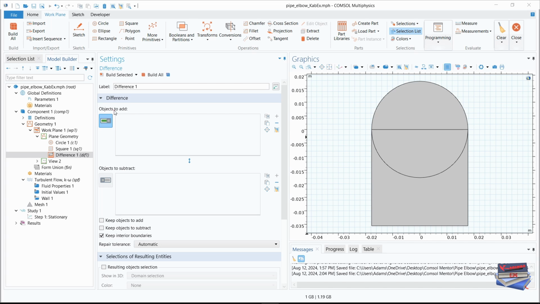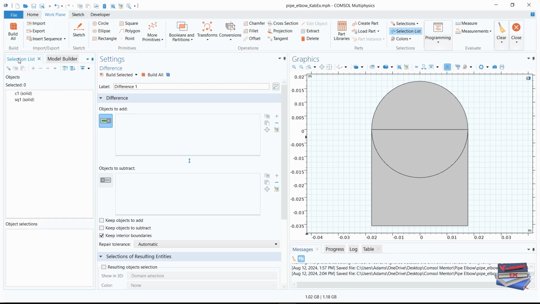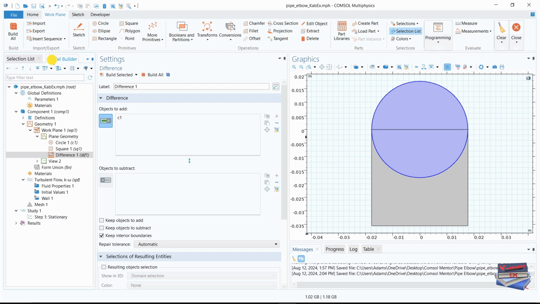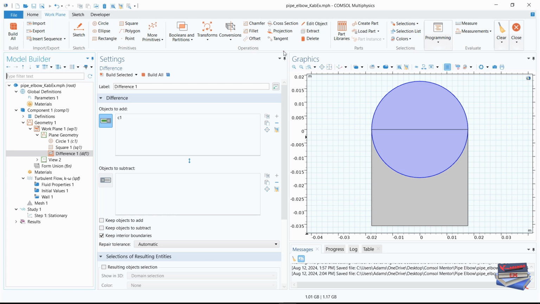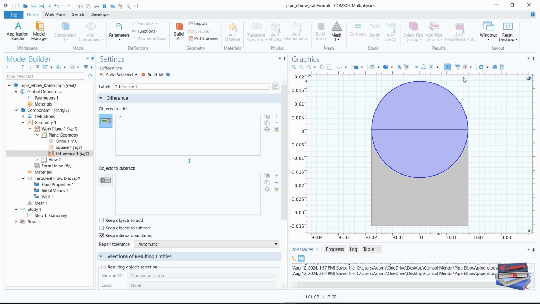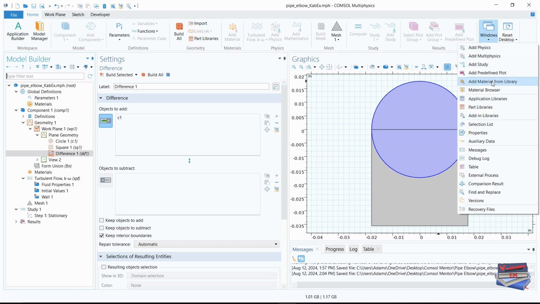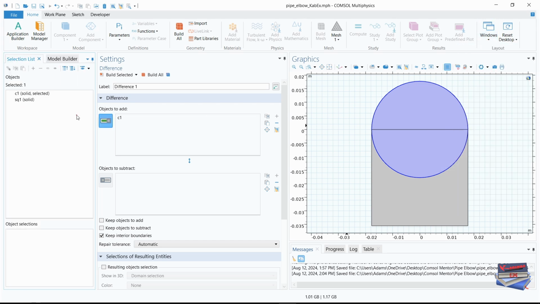Where we have objects to add, we can now go over to our selection list, and we can select C1, and let's click add. Go back to our model builder. Now if you wonder how I get this, I'm going to close it, exit out, and then go home. I'm going to go to Windows, and here it is, selection list. So once you click that, you always have it next to your model builder. Okay,